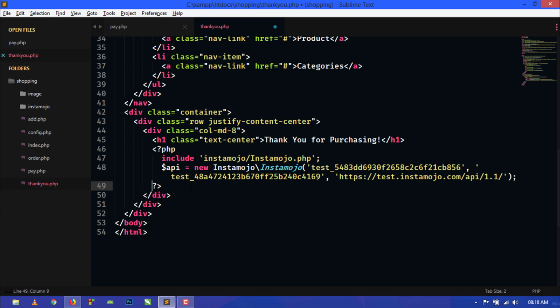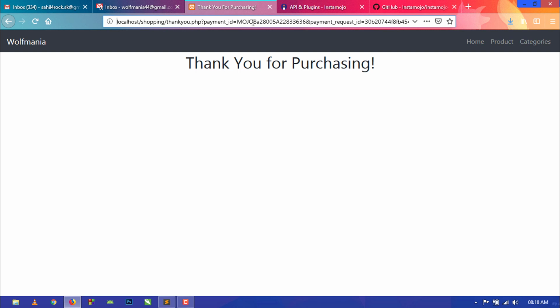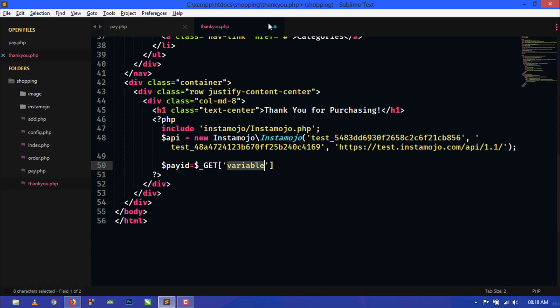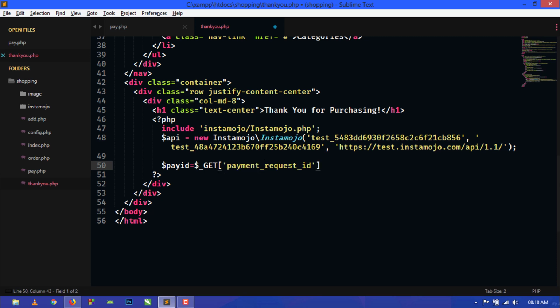Now we will create a variable inside this, payid, and we will get the payment id from this long URL. You can see this is the payment id here. Now we will get this payment id from this variable. So here we have to write this payment request id. Just paste this payment request id here, and